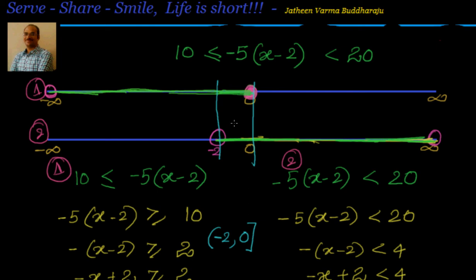Okay. So we'll solve some more problems in the next session. We will look at the modulus function, something like |x - 2| less than 3. That is also solving a system of linear inequations only, because the modulus function will give a positive value if whatever is there in the mod function is greater than 0. If it is less than 0, it will give the negative of the value, right? So we will see that that also is nothing but solving a system of linear inequations. We'll solve those problems in the coming session.